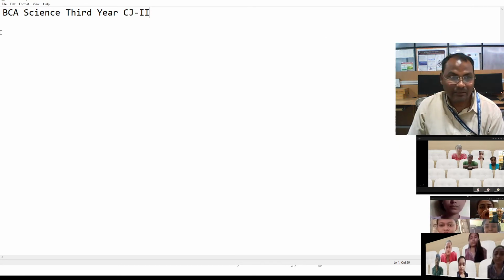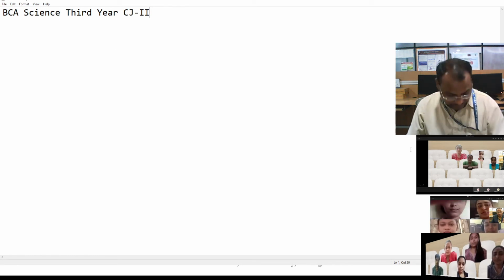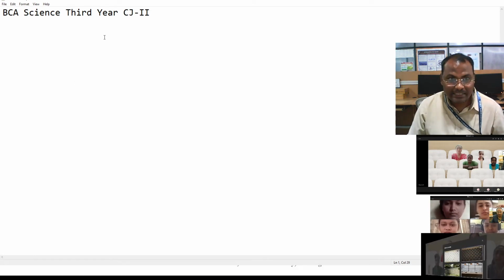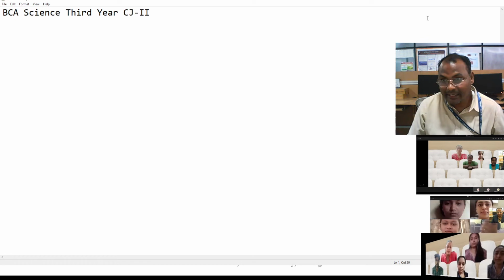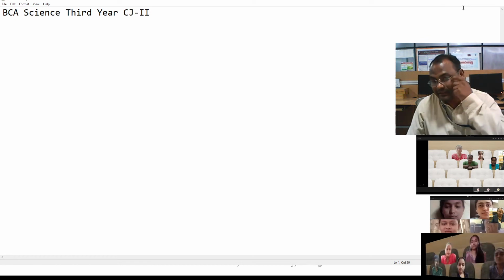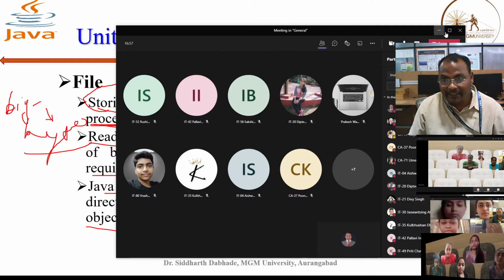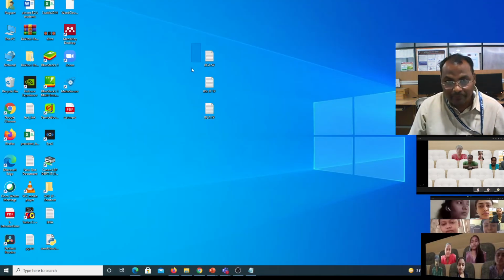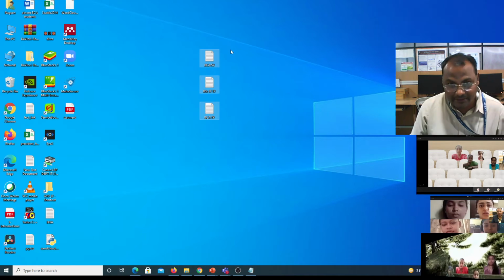Who can tell what is in the third file? BCA Science third year, Core Java second. Right. All this content is read with the help of a program, which means object serialization.